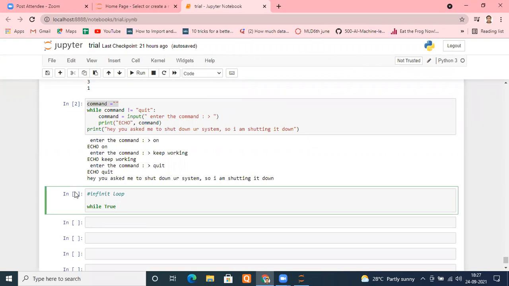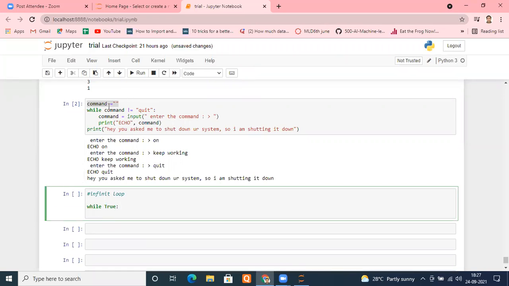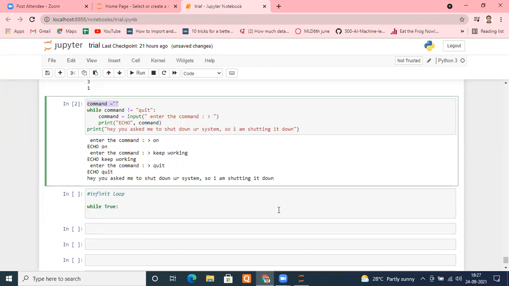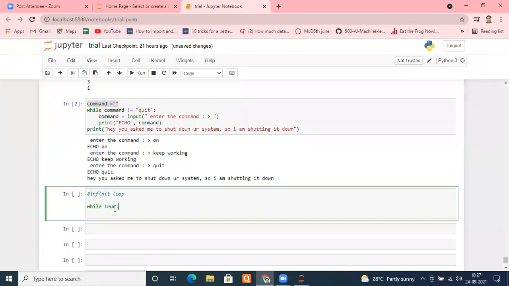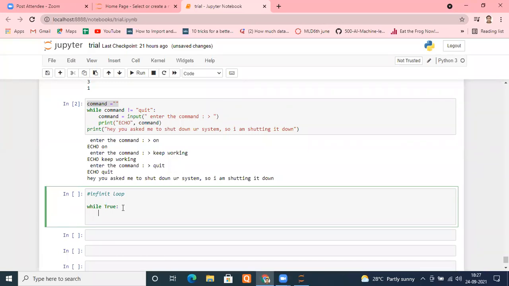Right? So I put a true condition here so that this while loop will always run. I put a colon here. What is the benefit of that? You don't have to initialize this kind of thing here, right or wrong? You don't have to initialize anywhere. So I mentioned true. That means all the time this condition is going to be true, which means this loop is always going to run. Okay. So what I did, I put while true.